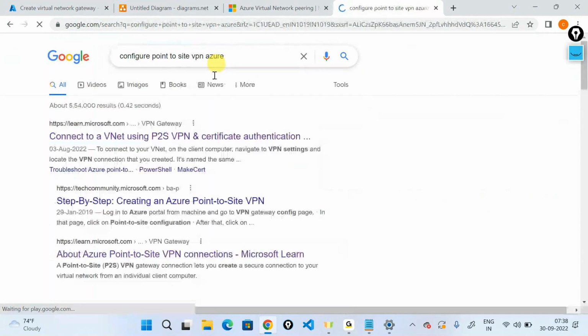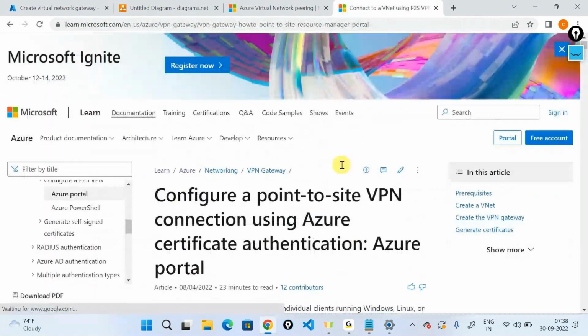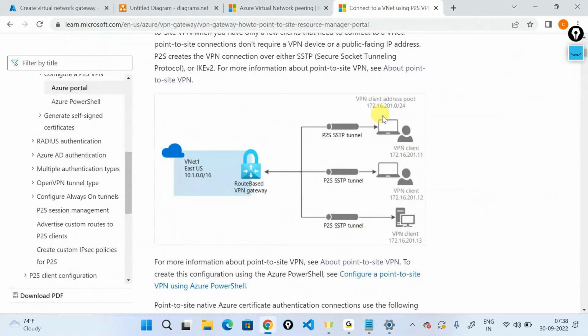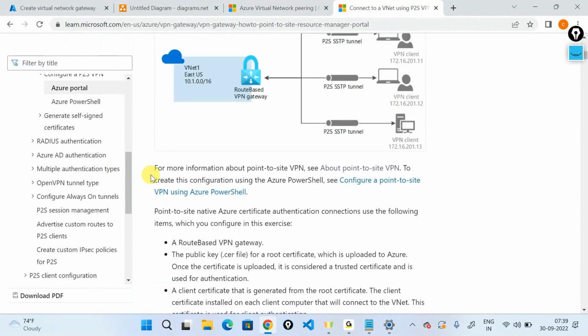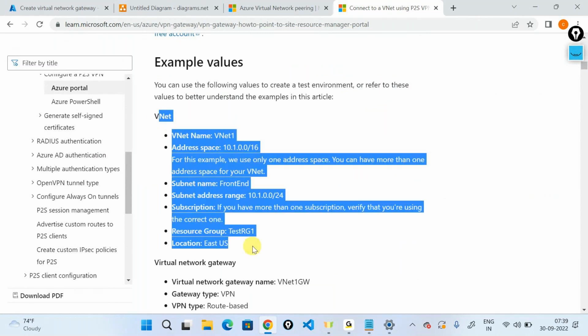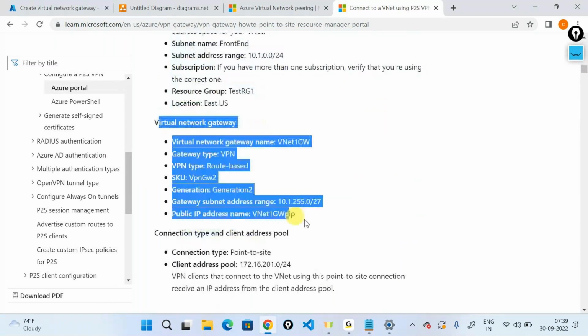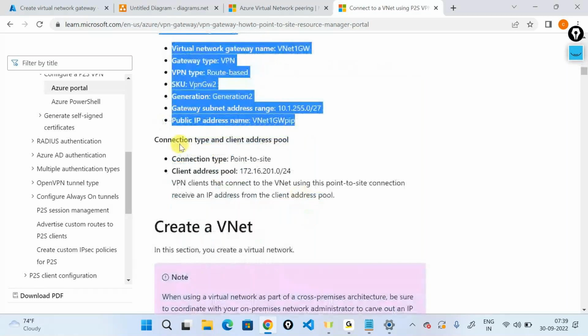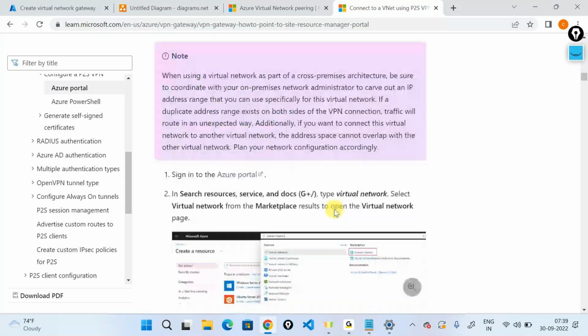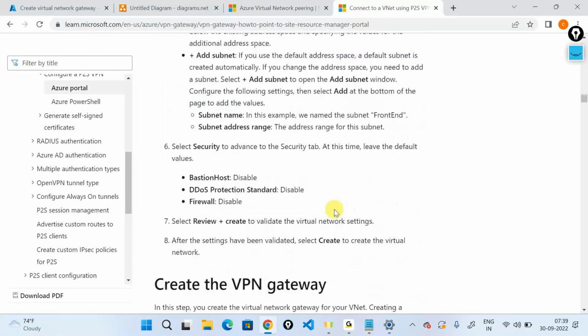It's telling step by step procedure and what to do. Again, if you see, these are different client laptops, desktops, etc., which are over a secure tunnel or a secure channel talking to your VPN and getting inside your VNet. This is the entire architecture diagram, and this is going to tell you what you need to do. It's telling firstly create a VNet, secondly create a gateway, third what is the connection type, and all these things. Then it's telling how do you create a VNet, how do you create a VPN gateway,